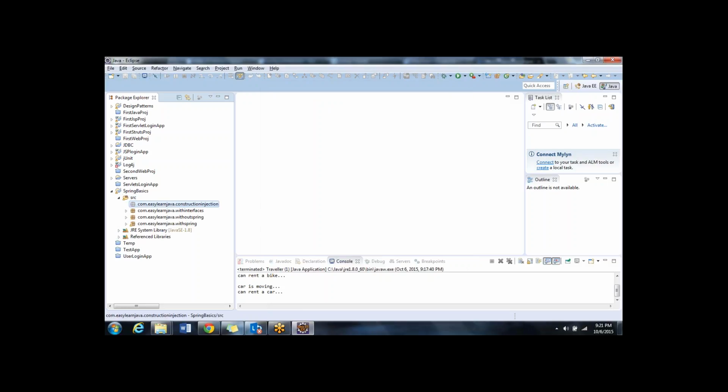The technique that we will be looking at right now is called constructor injection. Maybe the name itself might give you an understanding that we are trying to inject some values using a constructor. Okay. So the next example that I write here is